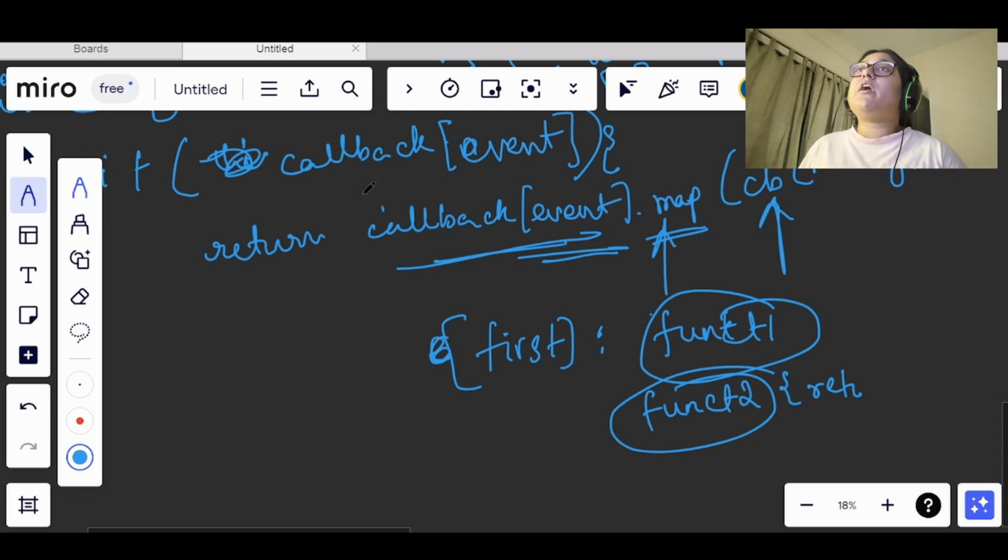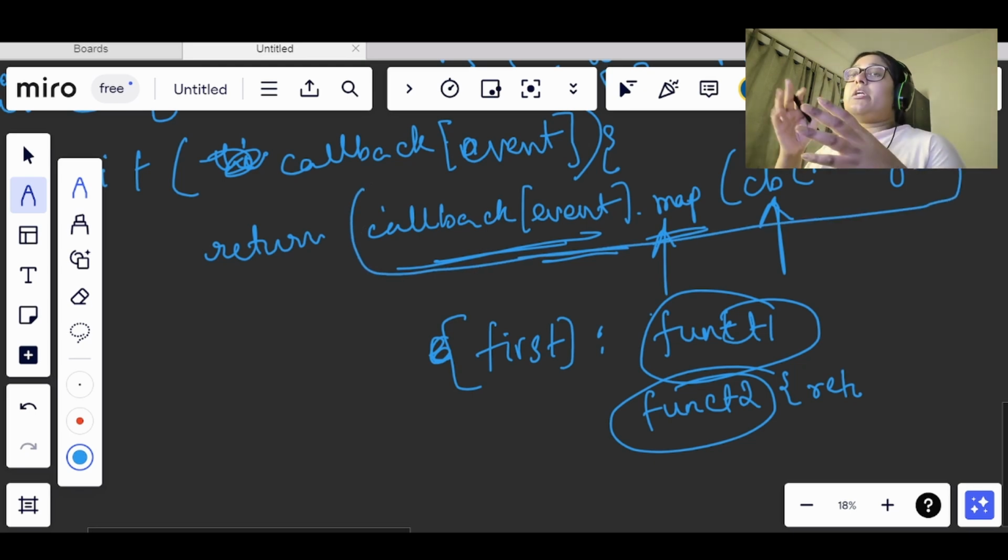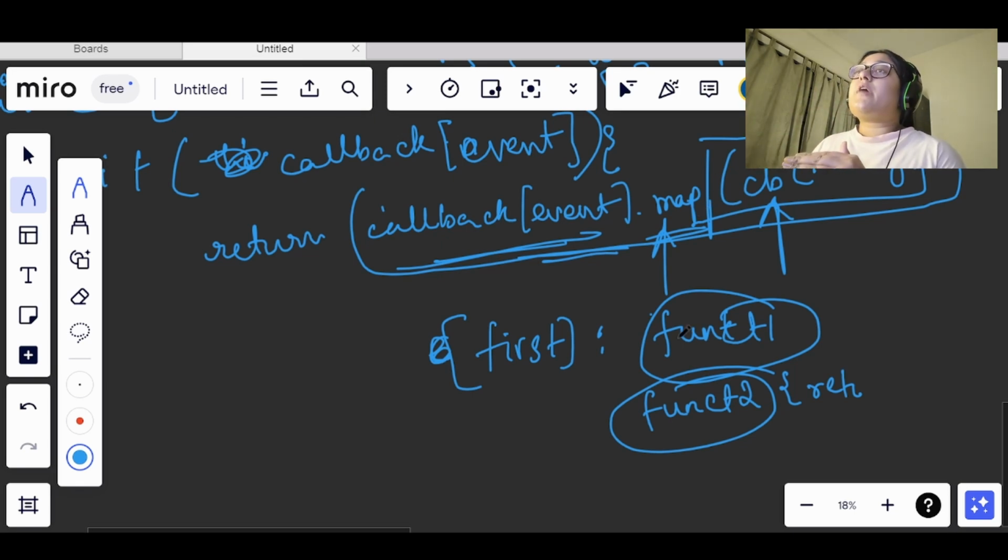So basically we could have iterated one by one also, but this map is reducing the size of our code, and it is making the code concise. Okay, so let's try to understand it one more time. This callback function we are calling. The callback functions are called in order, and once every function is being called, let's say function 1 is getting called, then it will return some value.